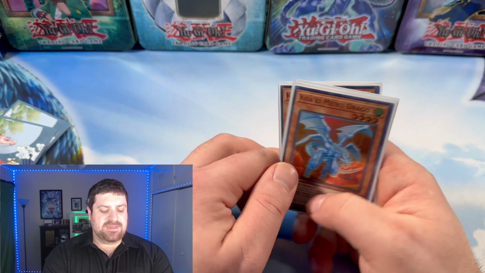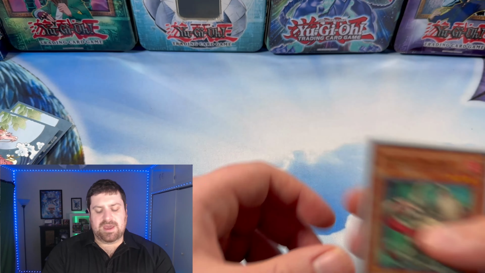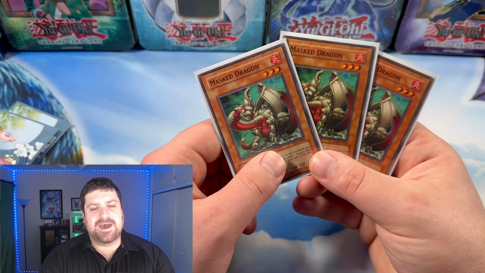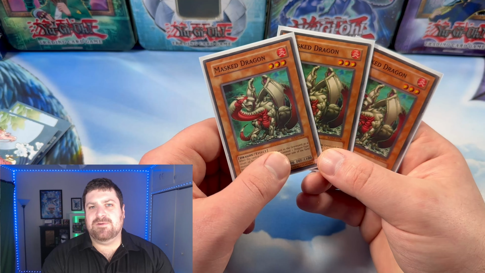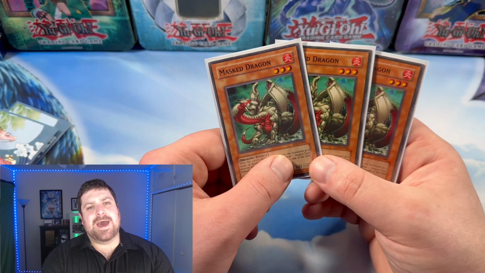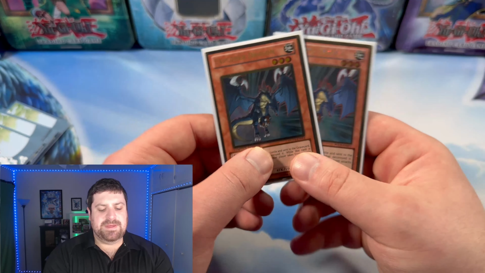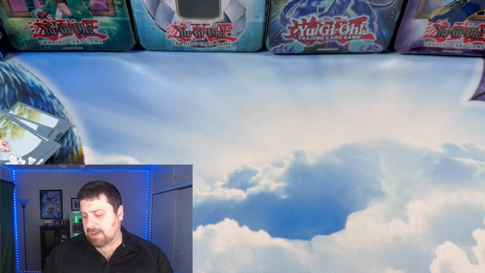So 3 copies of Drago, followed by 3 copies of Mass Dragon, a solid recruiter for dragon decks. Also quite the classic monster, from good old Soul of the Duelist. So we've got 3 copies of him in here, followed by 2 copies of Exploder Dragon, followed by 2 copies